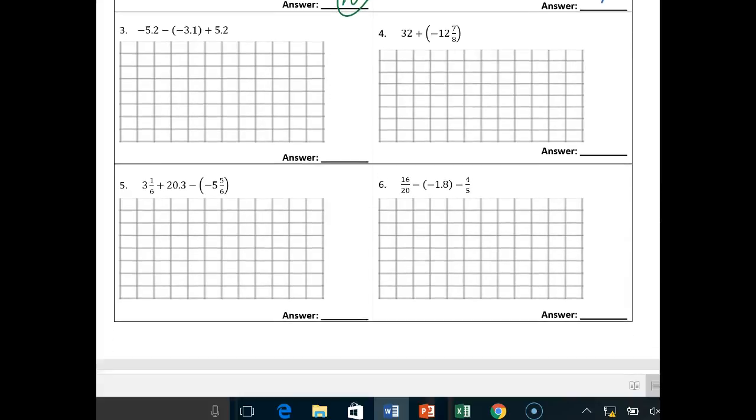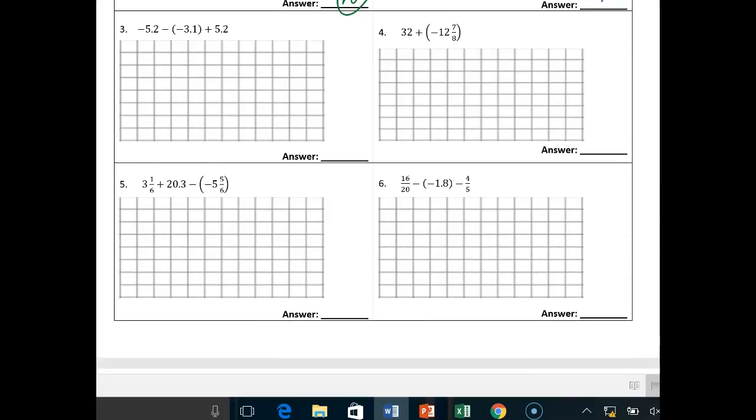All right, number 3, we're going to have to do some plus negative stuff here first. So negative 5.2 plus positive and then we keep that. All right, so we write out the problem, negative 5.2 plus 3.1 plus 5.2. Hopefully you're starting, if you scan this, to see something right off the bat that you say, aha, let's use commutative property to rewrite this. And hopefully you realize, hey, I got 5.2 and 5.2. So negative 5.2, important to keep your negative sign, plus, use the commutative property to switch these two terms, 5.2